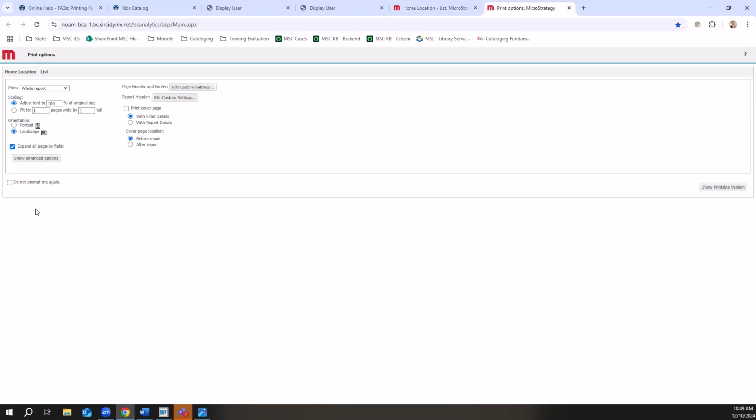So if you go directly to Print, a new browser tab is going to open, and it looks pretty straightforward, and it can be really great. However, this option can be tricky if you go directly to Print, because it defaults to printing the report as a PDF, and that isn't always the most flexible when it comes to your formatting. So, for example, if I show the printable version or the print preview of this,